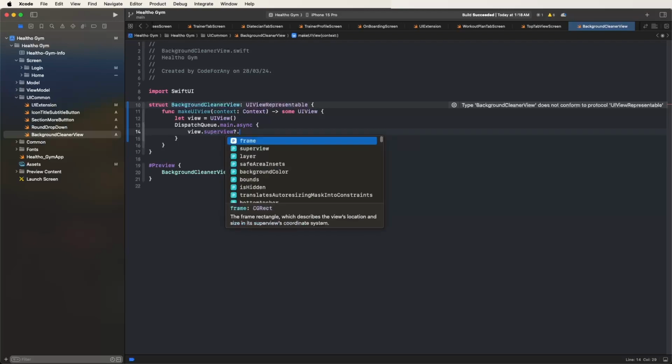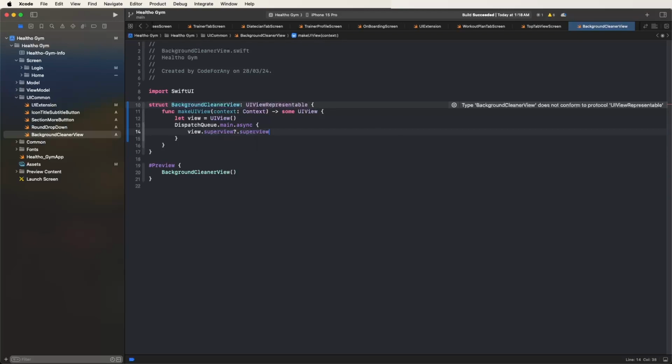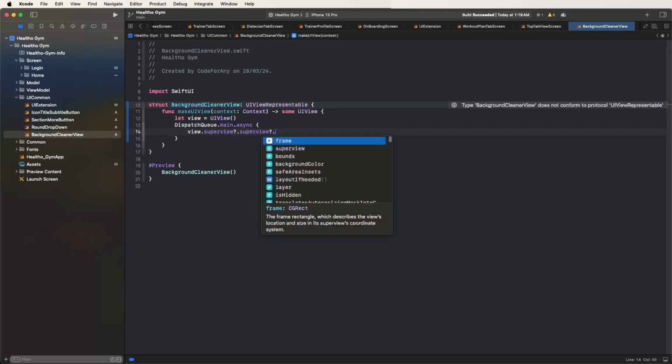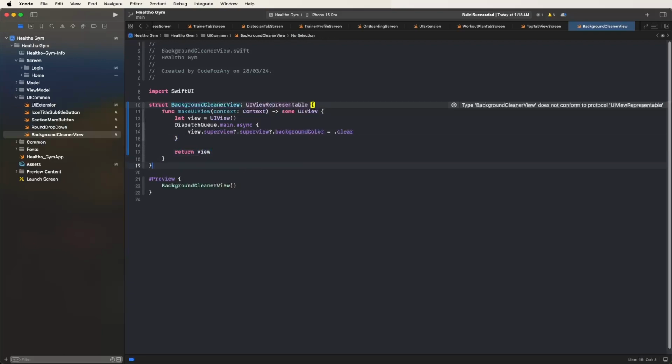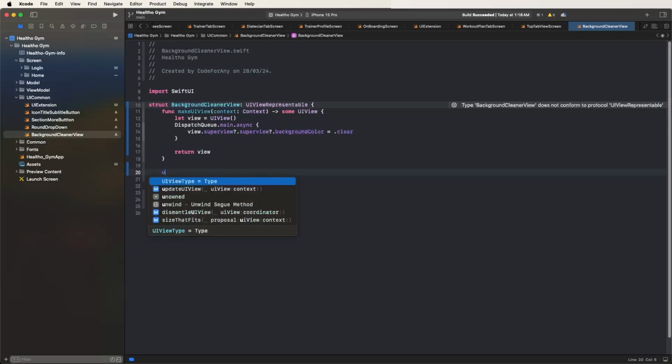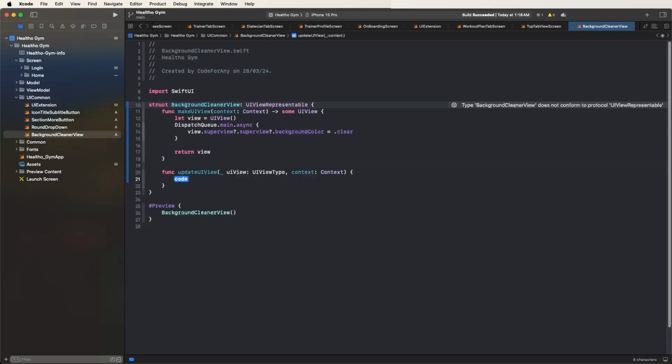Then after need to get this here the again superview, and now we need to get this here the background color as a set here the layer like this sets, and to return this here the view. Now we need to call this here the updateUIView context like this, call this here the method. Now background clean view are the develop are the done, and now need to go inside the